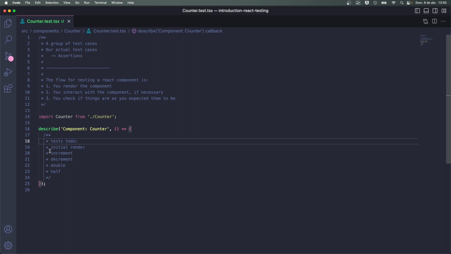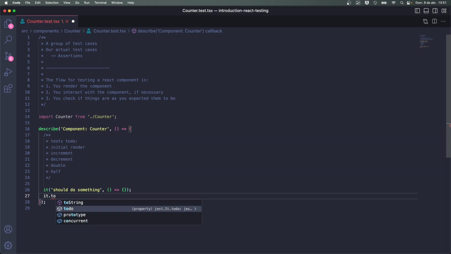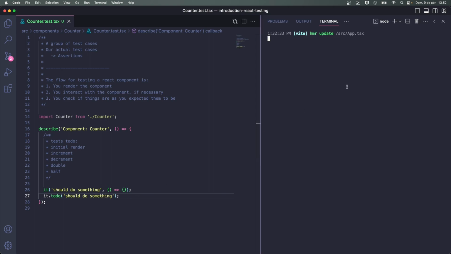So now that we have this kind of to-do list, right, like tasks to do, I want to show you a more well-structured way to create these kind of to-do lists and tests. You can use a comment if you want, but there's a more elegant way to do that, which is using it.todo. And it.todo takes a string with the test case, so like it should do something. So let's run the test file. I'll open my terminal, I'll stop the front-end app, and I'll run yarn test